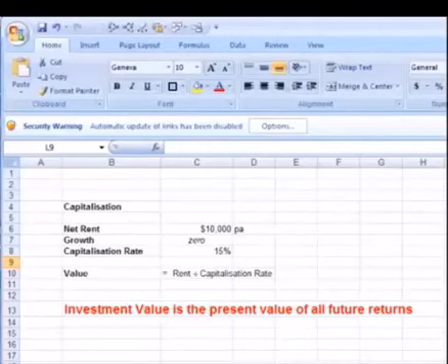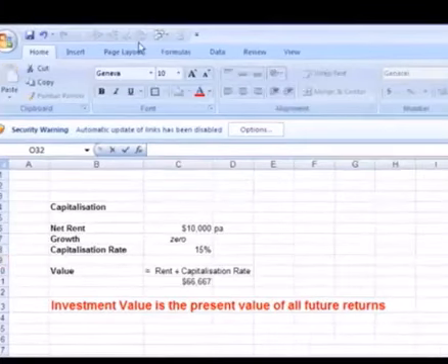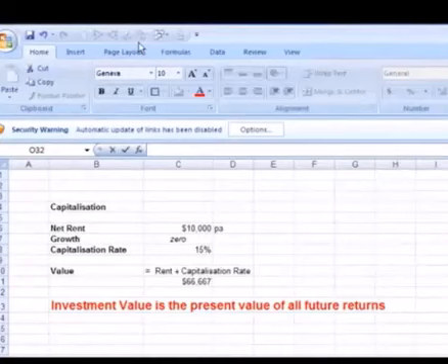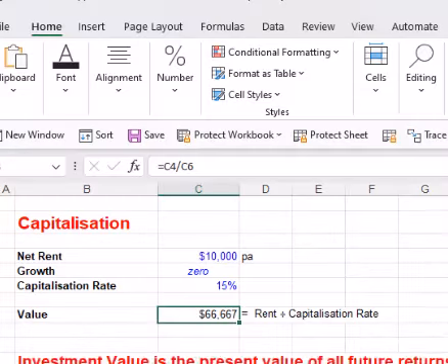Capitalisation, as is shown here, is simply rent divided by the cap rate. We can calculate that quite easily in Excel, given the data that we have already: the $10,000 of annual rent divided by the 15% cap rate. And that gives us a value for this property of